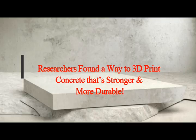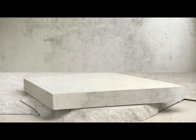Researchers found a way to 3D print concrete that's stronger and more durable. The hunt for more sustainable concrete to replace the climate change driving force of Portland cement has hit a massive leap in progress. This progression comes in the form of a new type of 3D printed concrete that is much stronger and more durable than regular concrete. Additionally, the creation of this concrete comes with much lower carbon emissions, which will help in the bid to lower